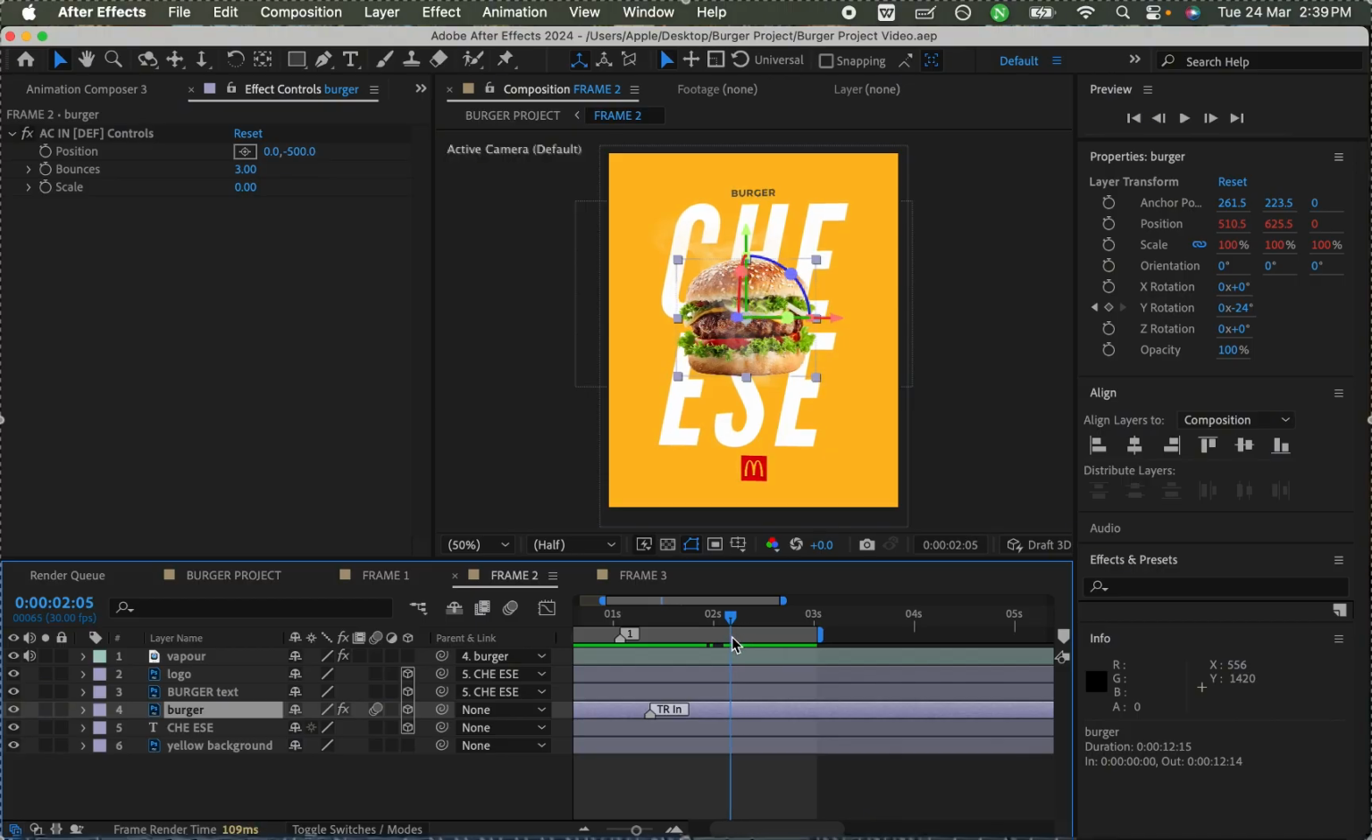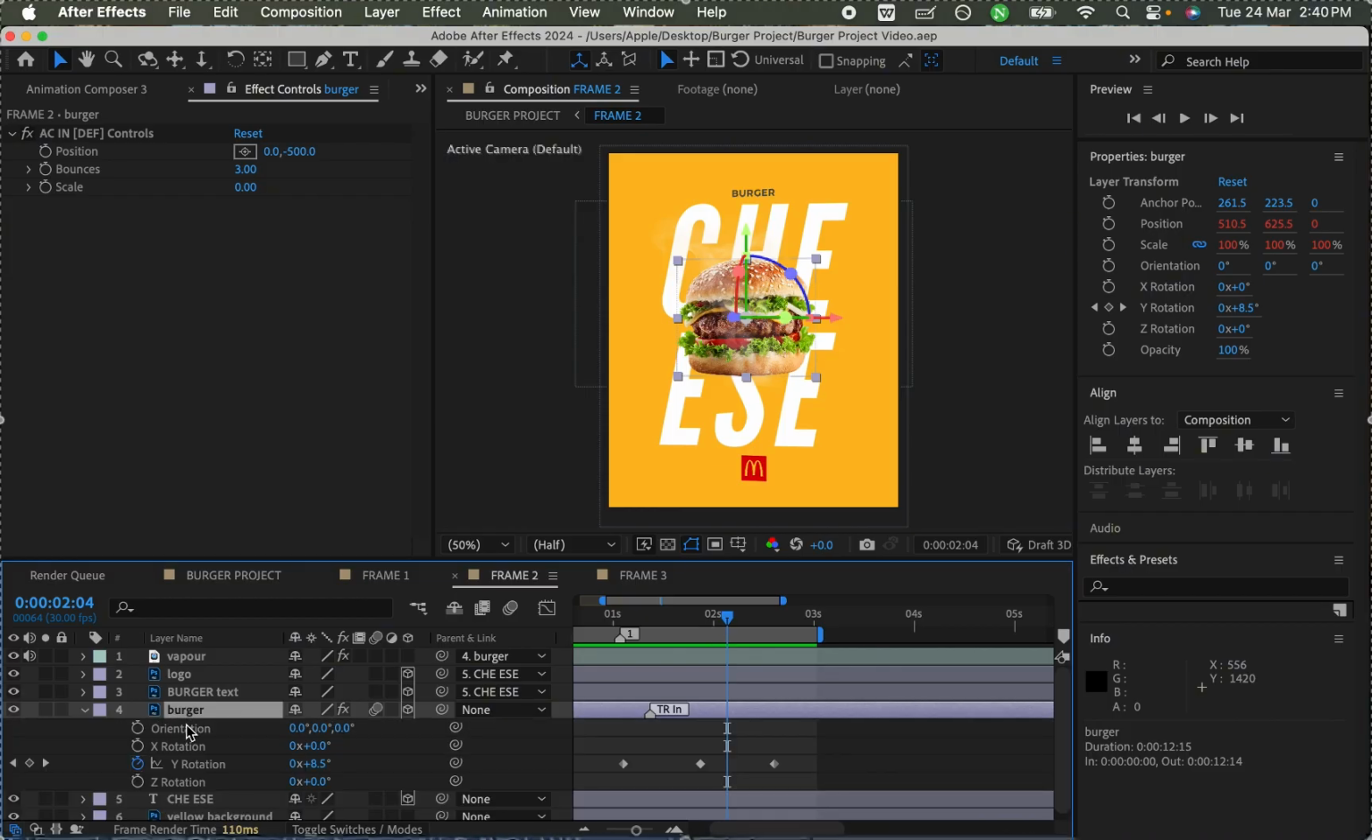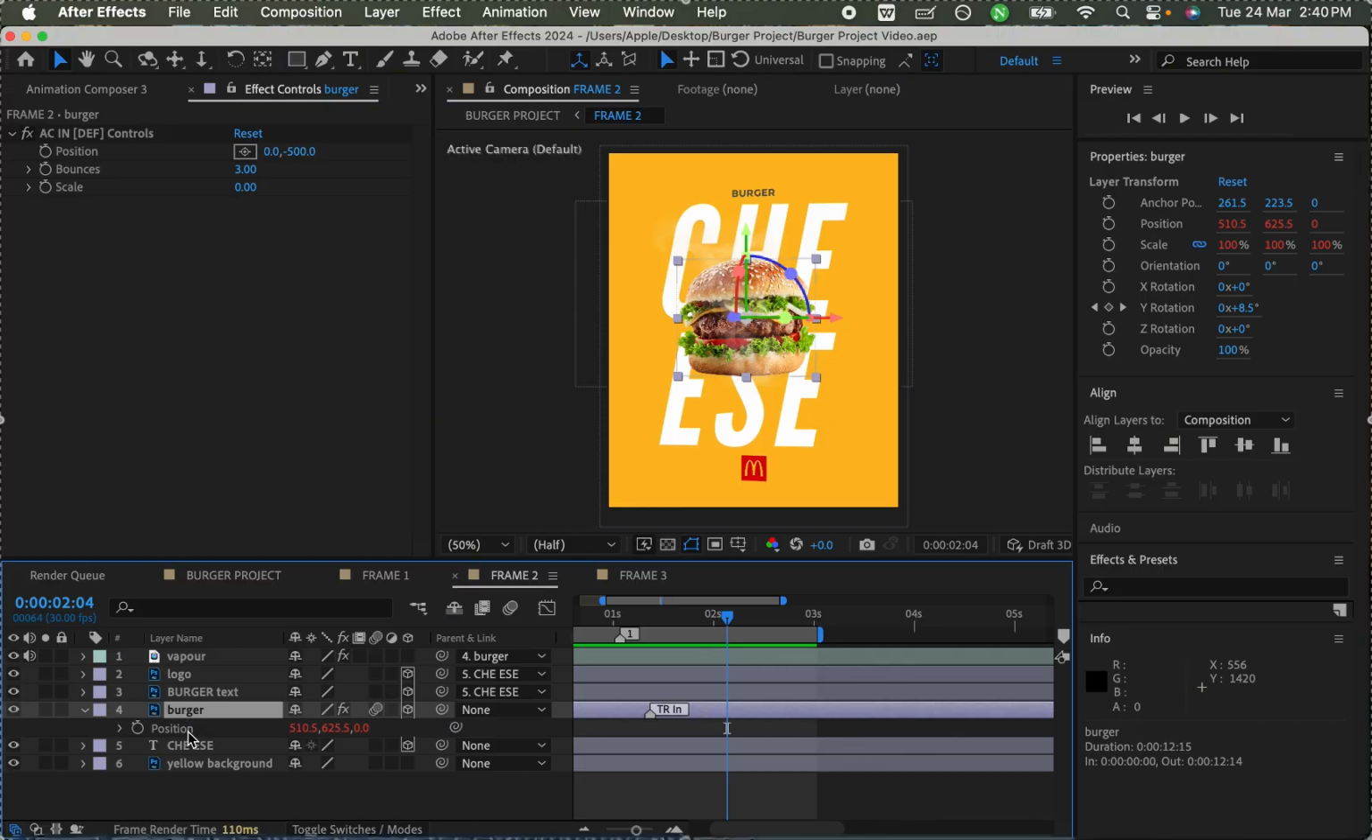Okay, so since we are rotating, since these are now 3D objects, it means sometimes something is behind something. There's a space between. So what we can do to change this is maybe go to the burger, we select R for rotation, or maybe position P, and within the position we can